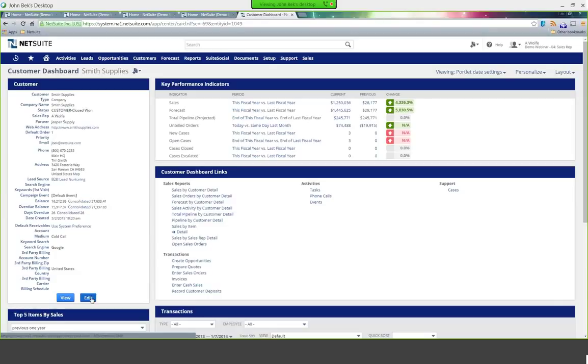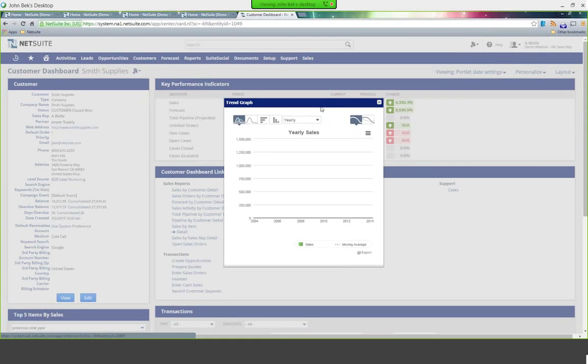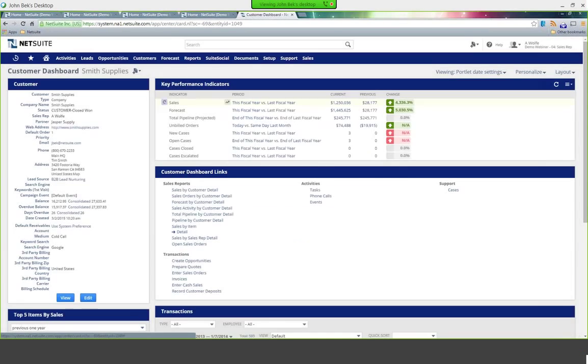This information can be edited right here on the fly if need be. Up at the top, you've got a portlet with all your KPIs. We saw KPIs a little while ago. Here, these KPIs are specific to this individual customer. So we can see sales information, forecast information, current versus previous, with your graphical up and down. Any one of these can be graphed, so I can pull up a sales graph for this particular customer if I needed to.